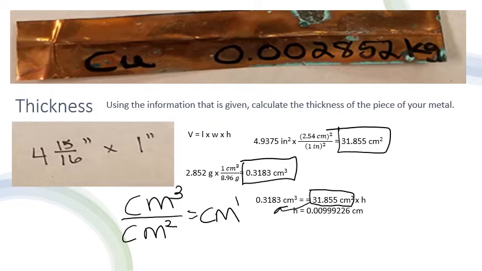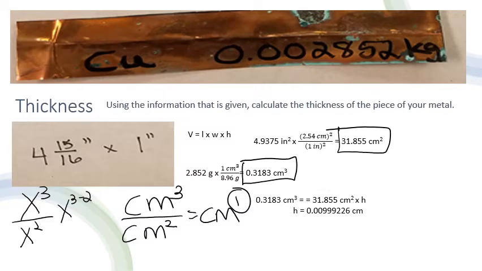So if you remember your algebra, when you divide exponents, like something like x cubed and x squared, you are subtracting. So that's where that 1 comes from. But now let's think about significant figures. Can I have all these significant figures? Probably not. I have to now do some rounding. So I'm going to round this height, and I'm going to round it to how many significant figures? Probably 4, right? See, this has 4 significant figures. So I'm going to round that, and it's going to be height is equal to